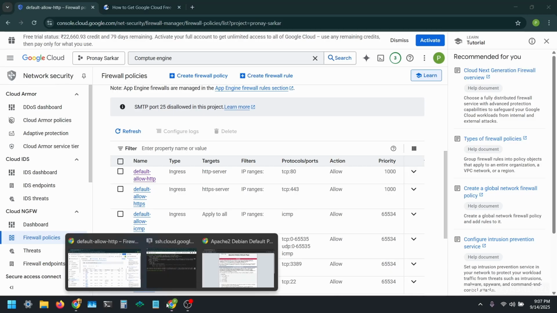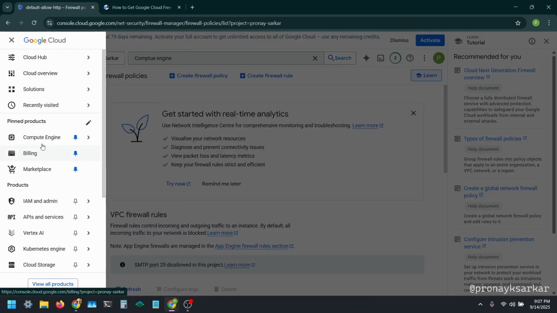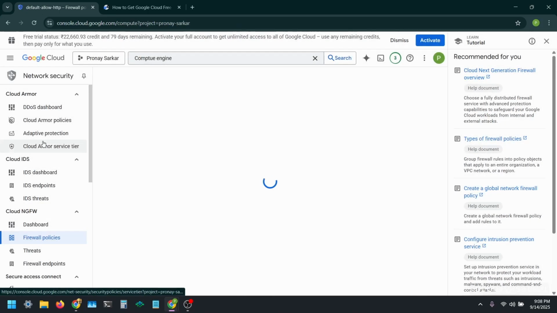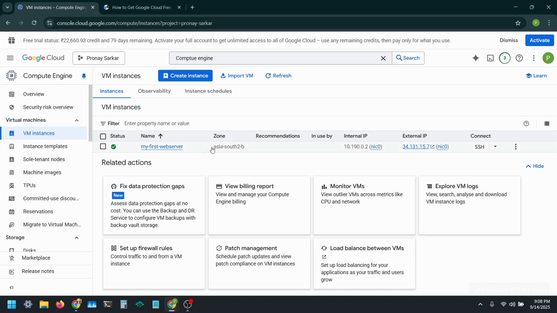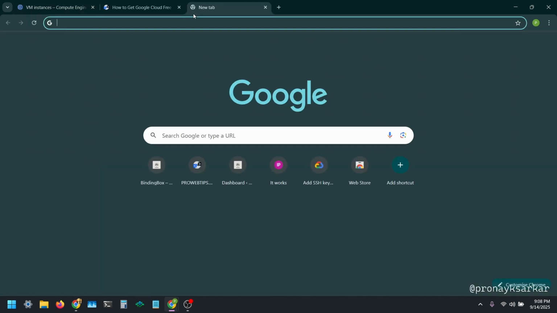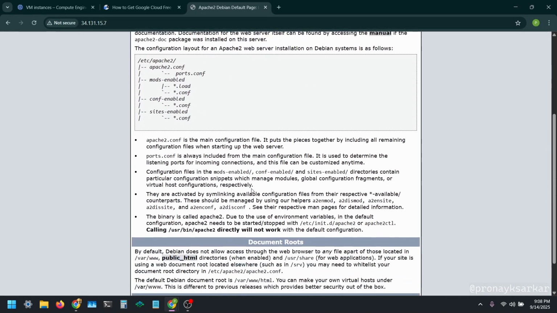Now we are going to open the external link in our browser again. So for that, head over to compute engine, click on VM instances, and you can see the external IP, copy it and paste it in your browser, and see it's working, the web server.